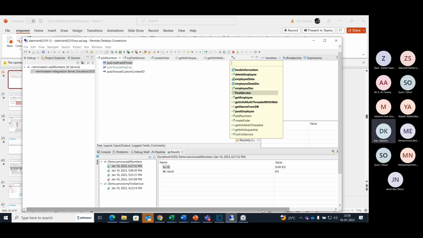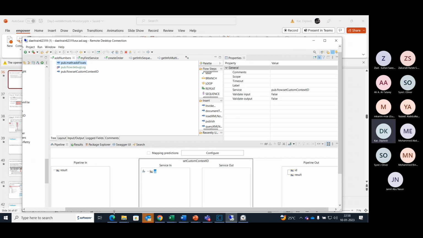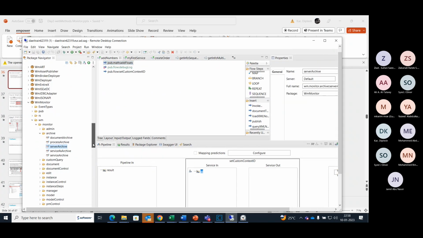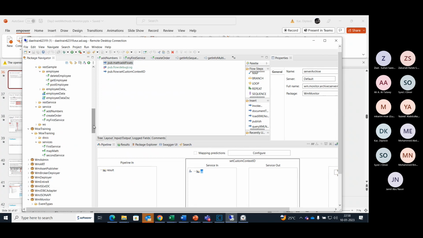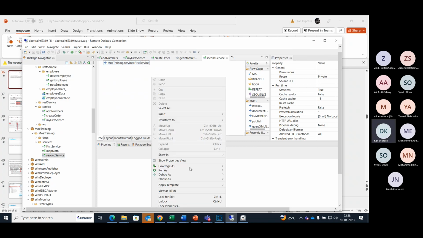Let me go to service development. So this is another service under which I am calling the first service. So if I debug this service,